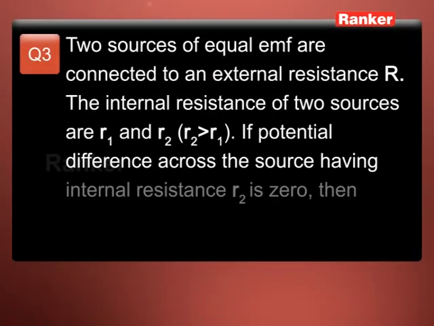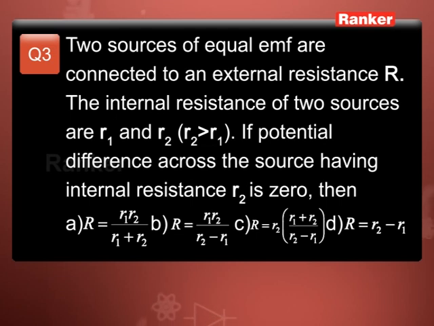Two sources of equal EMF are connected to an external resistance capital R. The internal resistances of the two sources are R1 and R2 respectively. But he has very clearly mentioned in the problem, R2 is greater than R1. If the potential difference across the source having internal resistance R2 is 0, then